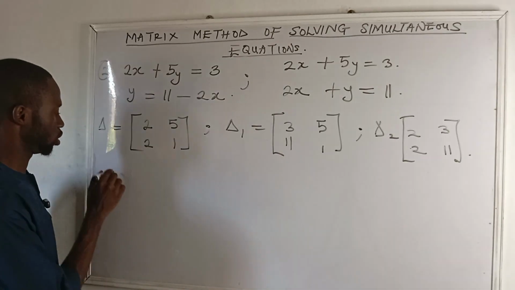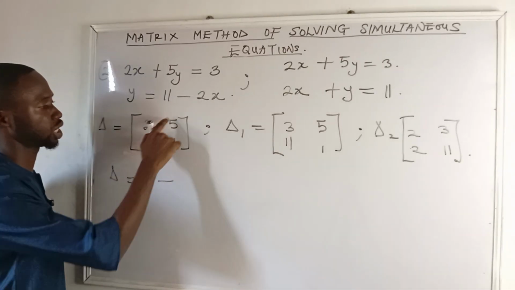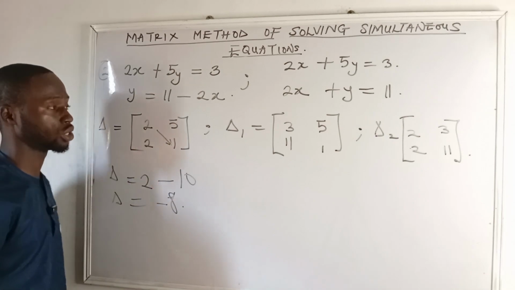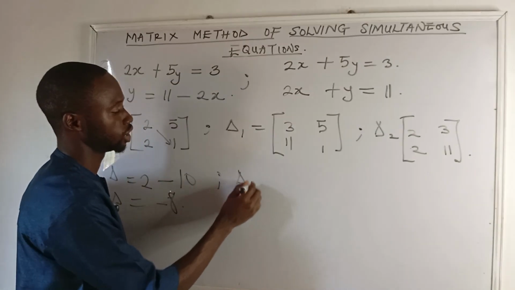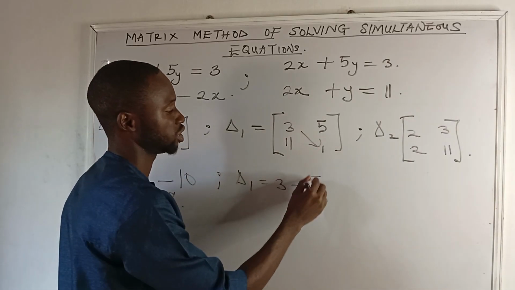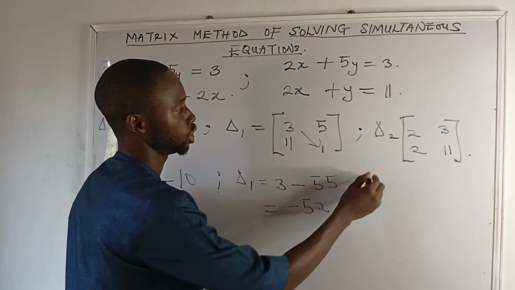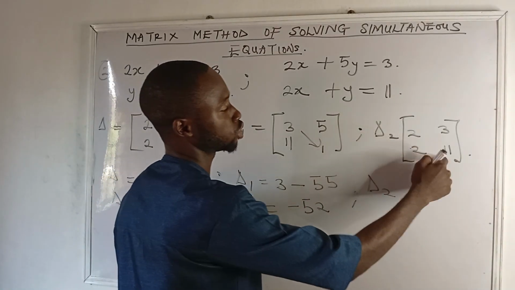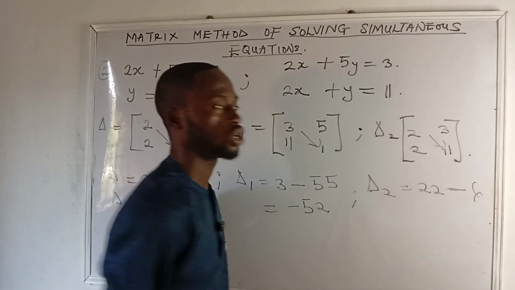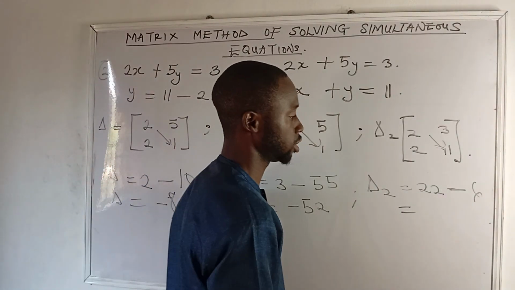So to solve it, delta will give us what? 2 times 1 is 2. That's minus 2 times 5 is what? 10. And the answer to delta will give us what? Minus 8. 2 minus 10 is minus 8. For delta 1 will give us 3 times 1 is 3 minus 11 times 5 is 55. So 3 minus 55, that will give us minus 52. Let's go to delta 2. Delta 2 is 2 times 11 is what? 22 minus 2 times 3 is 6. So we need to subtract. We are going to have 22 minus 6. That should give us